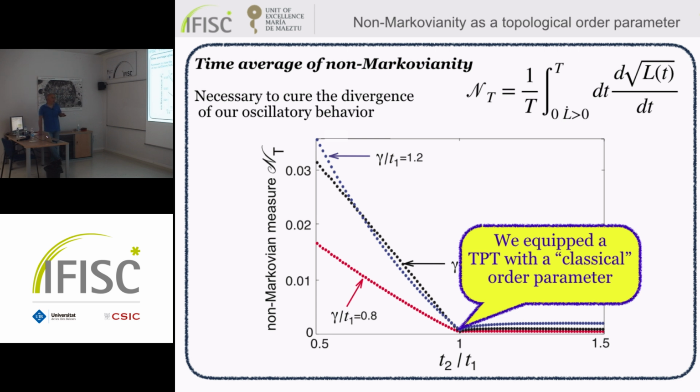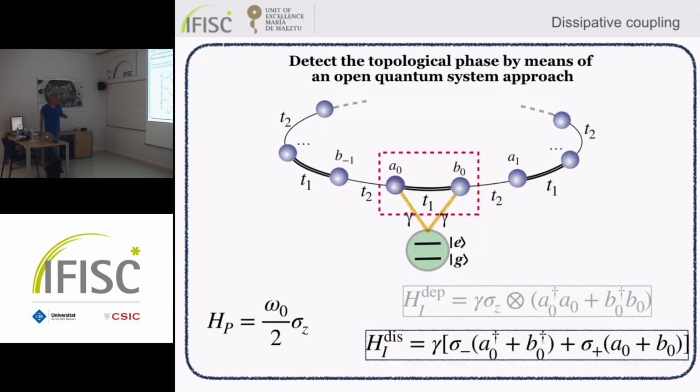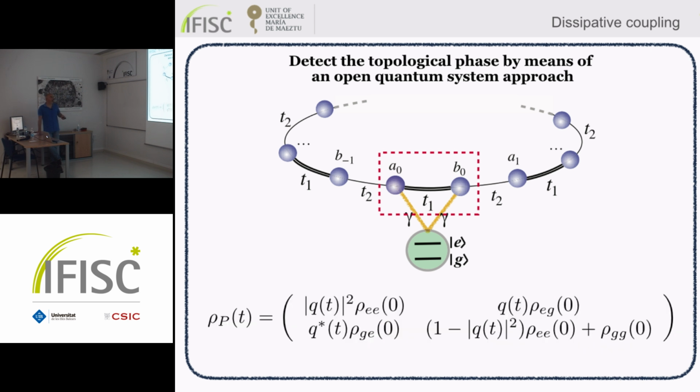Okay, so this is the first kind of interaction. We also studied, as I said before, the case of this dissipative dynamics, where we can exchange interaction between system and probe. And this is dissipative because now if you assign initial values to the density matrix of the probe, EE, GGE, and GG, the dynamics is this way, so you have loss of coherence, but you also have changes in the population. And this is a dissipation because this interaction is for long time. Let's say you find the system in the ground state 0, 0, 0, 1.